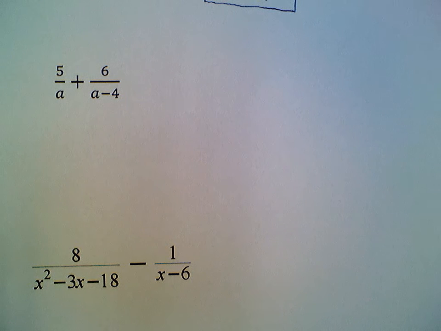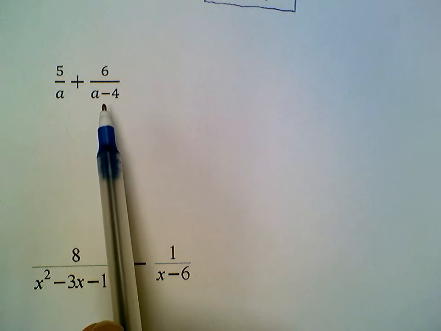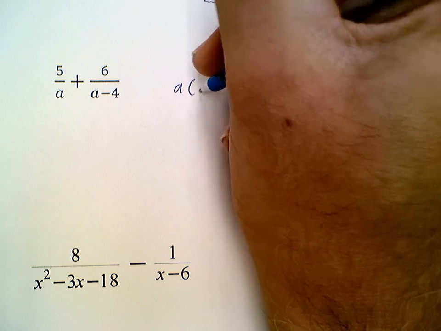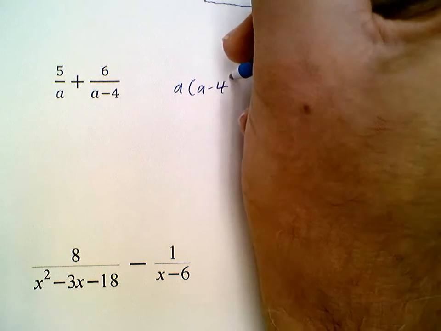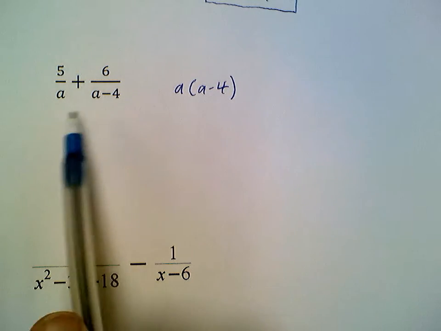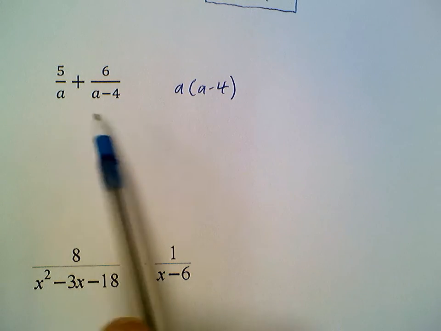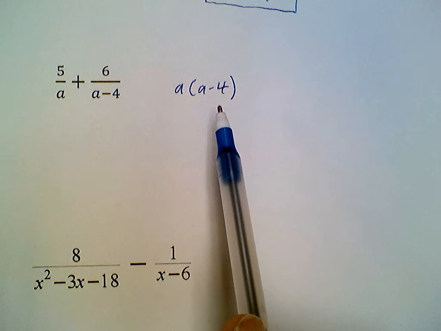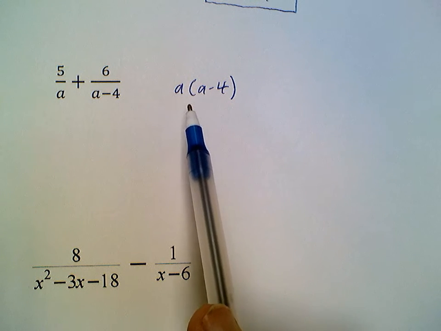So the common denominator is actually going to consist of each of these factors. So it's going to consist of a times a minus 4. In other words, I got two denominators which are different, so the common denominator will just be both denominators multiplied together. It'll just be a times a minus 4. Right? Now to get that common denominator,